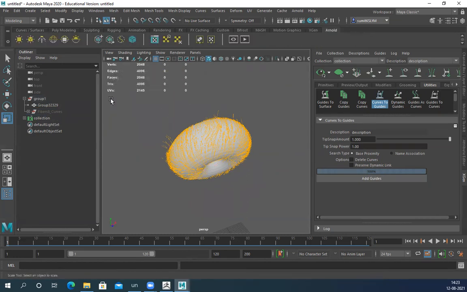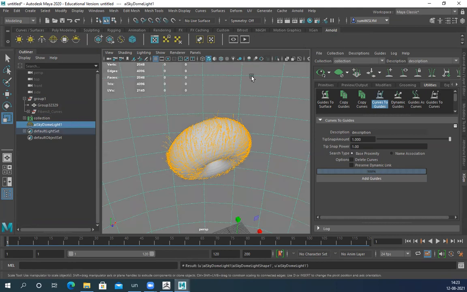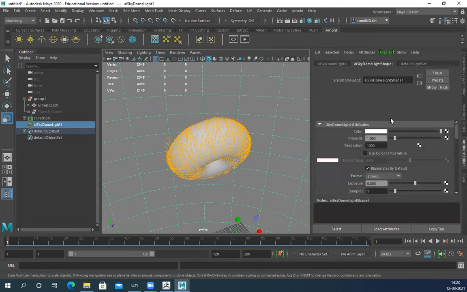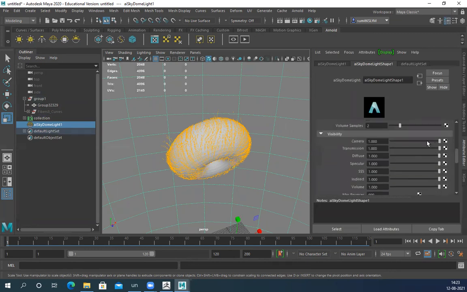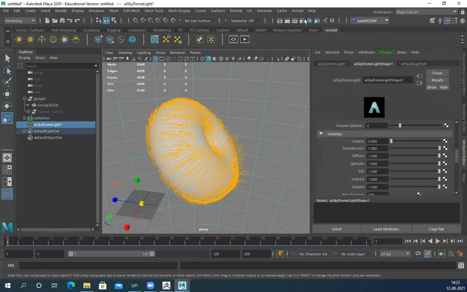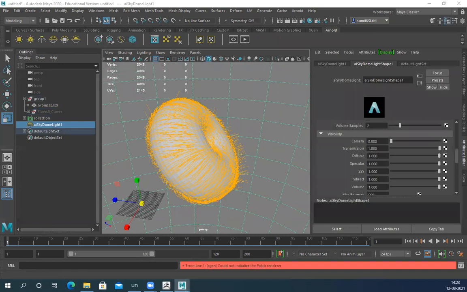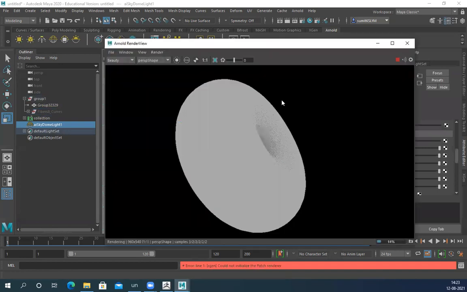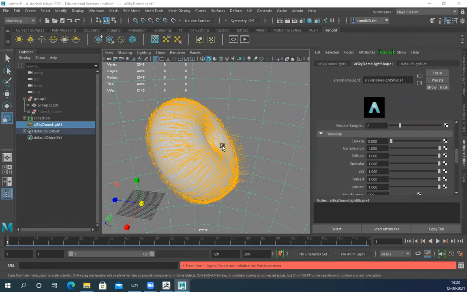Is it working or not? So let me create a sky dome. Control A. In camera, it's not visible. I can see this thing here. Arnold, render, and check. Still I cannot see anything. Nothing is visible because I need to assign a material to it. Right now nothing is assigned here. So stop it and go to Hypershade.